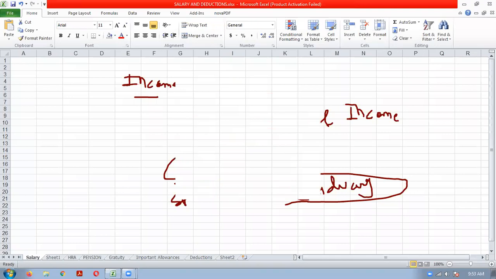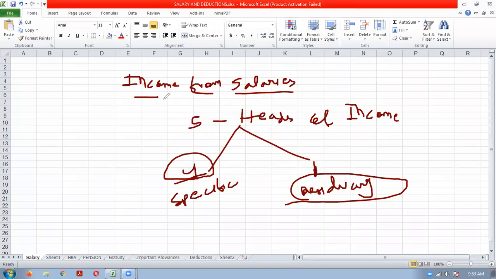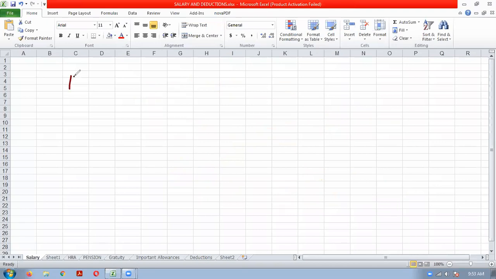In the coming classes, we will understand what is the provision for calculating salary income, or how salary income is taxed under the Income Tax Act. Now, before understanding the details of the topic, let us first understand the meaning of salary under the Act. Then we will go with the calculation part. So first, understand, as per the Income Tax Act provisions, any amount